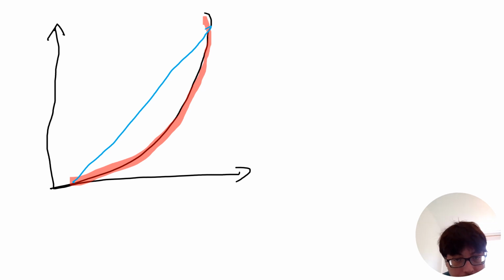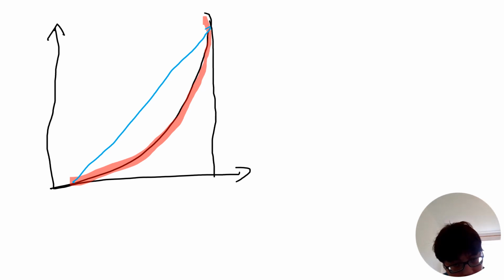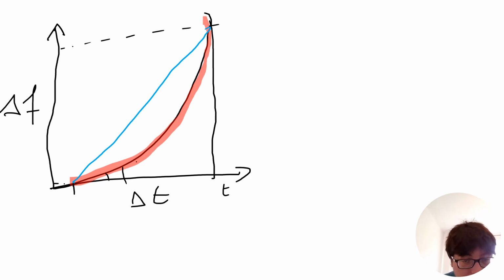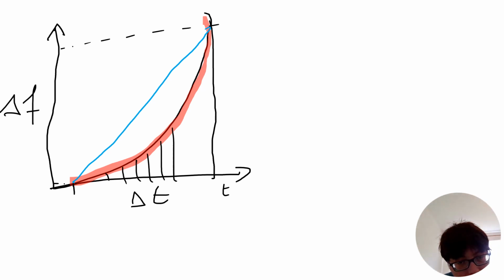So we said that this was because we chose delta t, this is delta t, and this is delta y or delta f, whatever. We chose it such that it's quite large compared to the actual variation of the curve, which is in red. But as you remember, what we did with the integration, we just chopped the t line in many bits, small bits, as small as you can get,